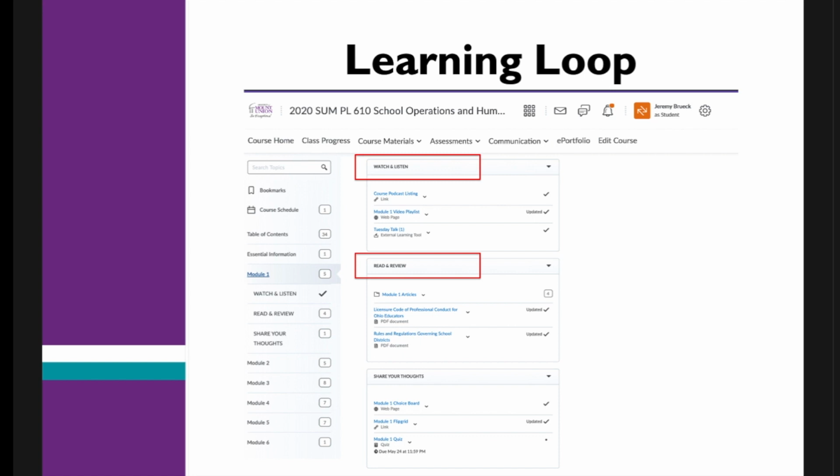In the Read and Review section, you will find a reference to the required textbook readings as well as supplemental reading for each module. I attempted to keep the supplemental readings concise and practitioner-focused. The textbook chapters for each module are also listed in the weekly course topics document. Finally, in the Share section of each module, you will find your module choice boards with your assignment options. Quizzes for each module over the watch and read content are located here. There are also links to our Flipgrid reflection boards if that is an assignment option you would choose.